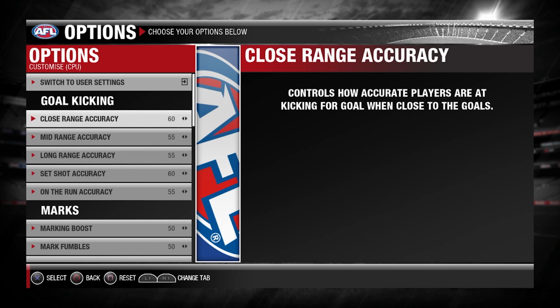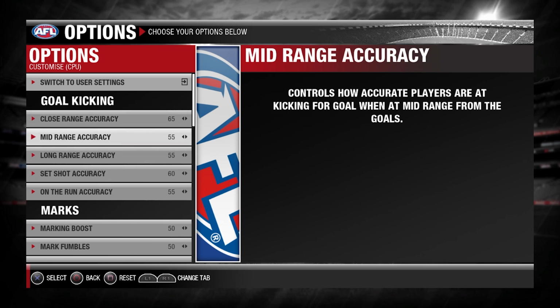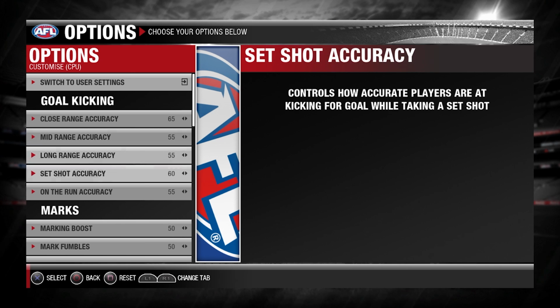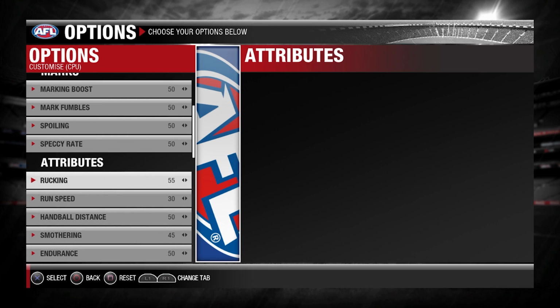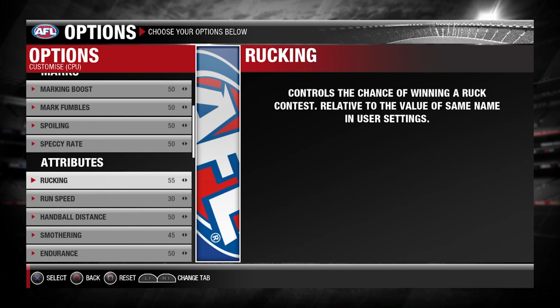We could probably even up this one even more, just because we want them to actually be accurate at close range, and on set shots as well. We want them to be good, but we don't want them to be stupidly overpowered. So that's why I've adjusted this slider as well to be about 60 for that one there. Marking's all the same. Rucking I've actually increased by 5 points, so this just boosts the AI rucking value a little bit,